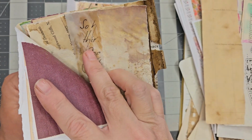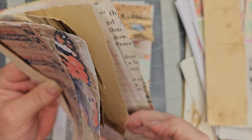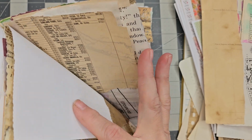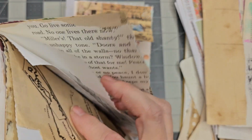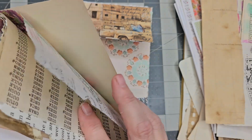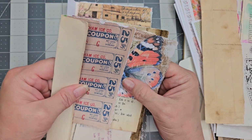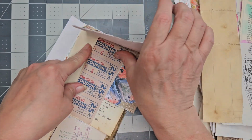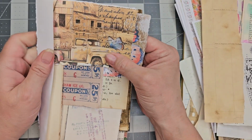And then a little bit of vellum there, something to write on, just a little tattery piece, some coffee dyed wax paper, blank paper to write on. There's some sewing pattern paper. There's a vintage Dick and Jane book, and some rice paper. So I stuffed this with a lot of things, and we're just going to tuck it right up in here, okay, right up under this little flap, and so the way it's going to go is